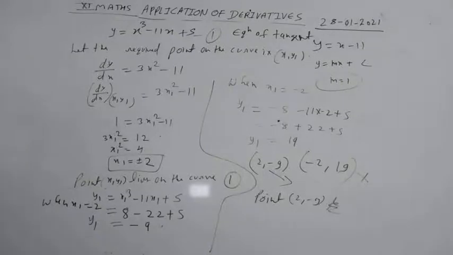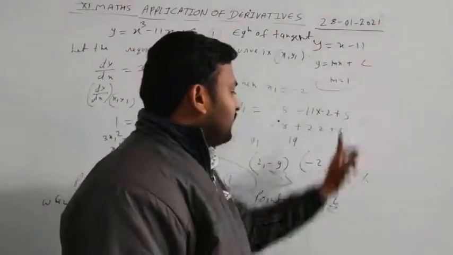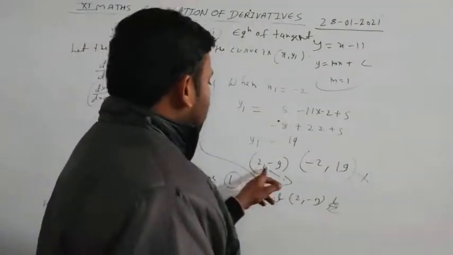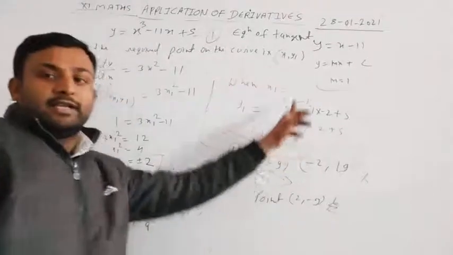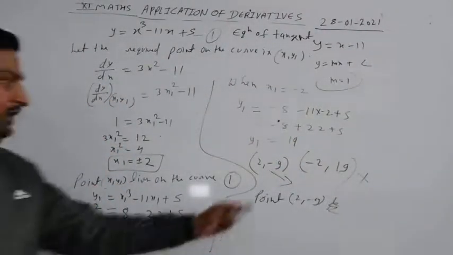Okay students, so I hope you understand. Let's see once again. When we put this value, minus 2, this is minus 5 and not getting y, and when we put 2, it will give us this. So this satisfies the equation of line, but this does not satisfy, so this will be the required point.